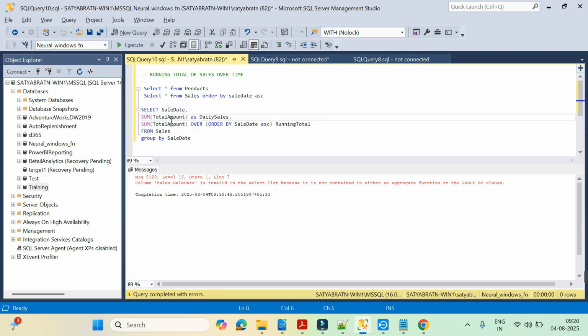Otherwise, we can also do one thing. We may not use this group by. We'll only create the total amount and we'll see our running total. Maybe total sales we don't need, so let's take it out. Now, if you see,